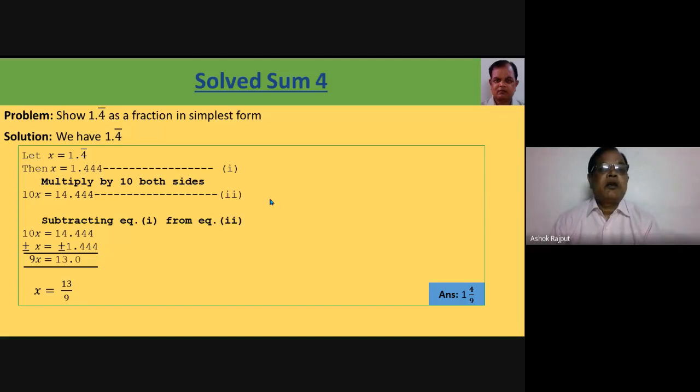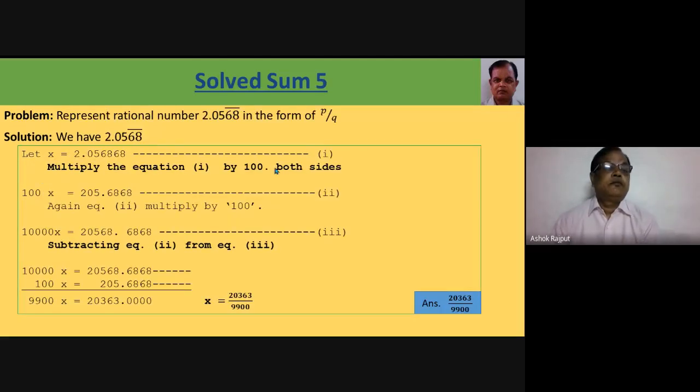Now we will explain the next sum. Solve sum 5. Represent the rational number 2.0568 bar in the form of P by Q. It is like the same sum, but here we are saying the bar is at 2 digits. So first we let it x equal to